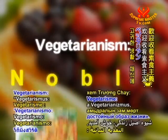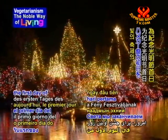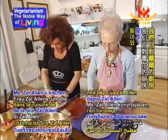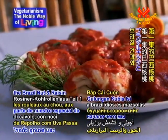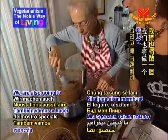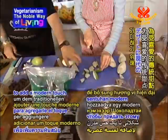Welcome to Vegetarianism, the noble way of living. Today, to commemorate the first day of the Festival of Lights, we are back in Ms. Zell Allen's kitchen to complete the Brazil nut and raisin cabbage rolls from part 1 of our special. We are also going to make a pear cranberry compote along with chocolate wafers to add a modern touch to